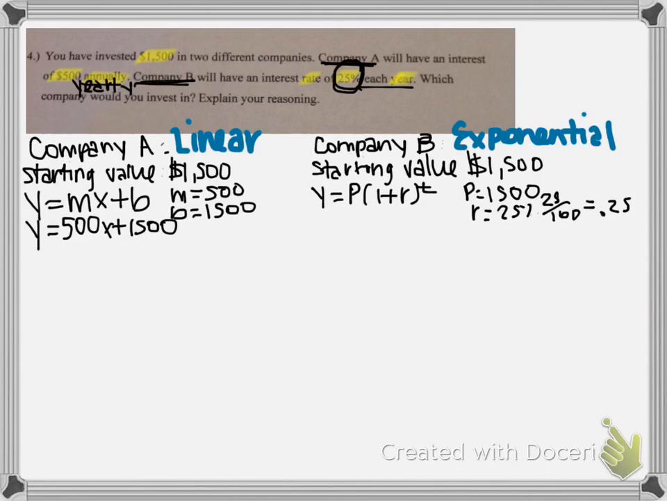Alright. So then we can plug those values into the formula. So we got y equals 1500 times 1 plus 0.25 raised to the t. Alright. So now these are our two formulas. Based off that, you still don't know which company you want to invest in, right? It's not clicking. So what I would suggest is to plug in time, since both of them are missing time, because that x stands for time and that t in the exponential one stands for time. So if you plug in, let's say, 2 years for both of them,